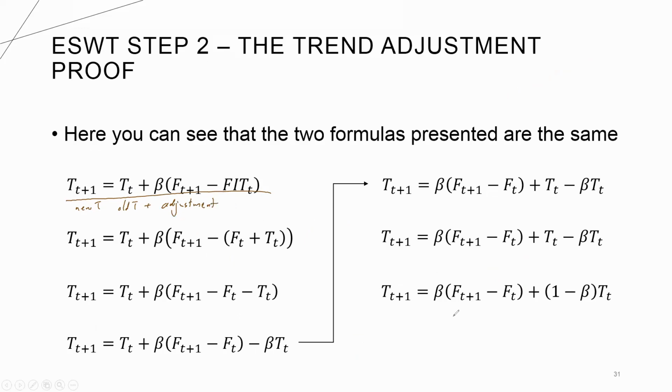Or we can think of it as the new trend is a weighted average between the old trend and this number, which is the